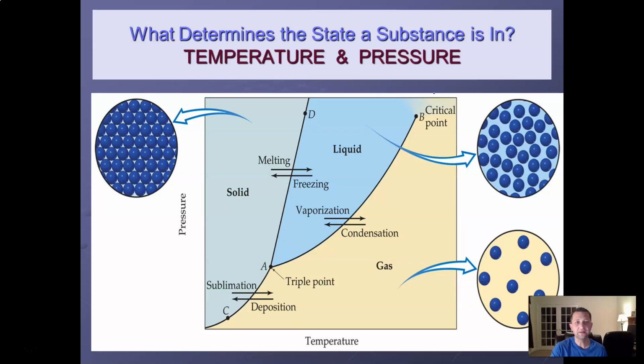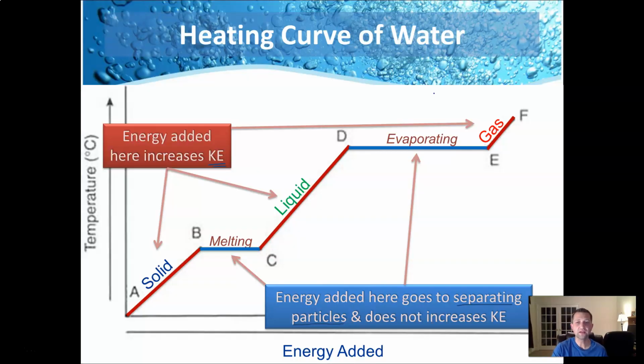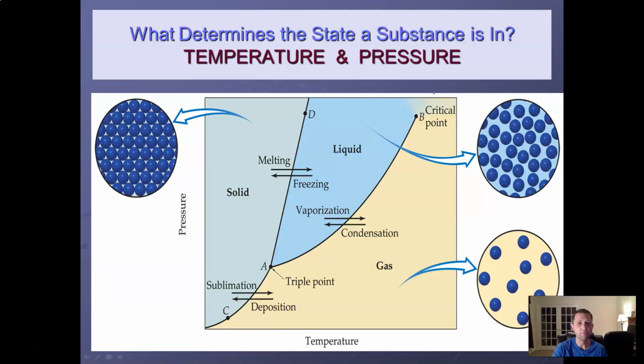I already mentioned the other thing that determines the state of matter a substance is in, besides attractive forces, is temperature and pressure. And that's what we referenced here, at least in terms of temperature. Pressure makes an impact as well. This is a review from Chem 1. These are phase diagrams. Every individual substance has its own phase diagram. It gives you the pressure on the Y, temperature on the X, and it tells you what the states of matter are. So if I have a certain temperature and a certain pressure, I can determine what state of matter I